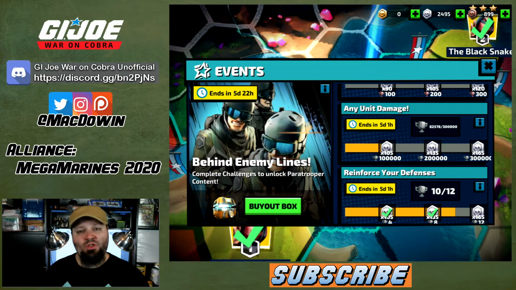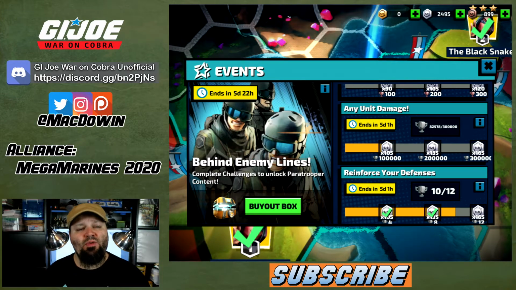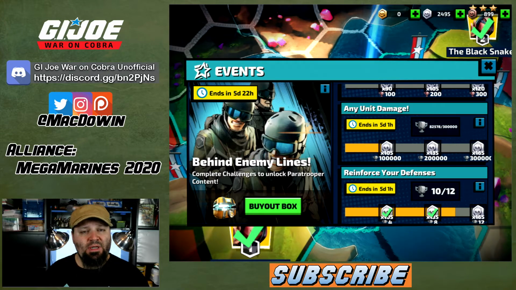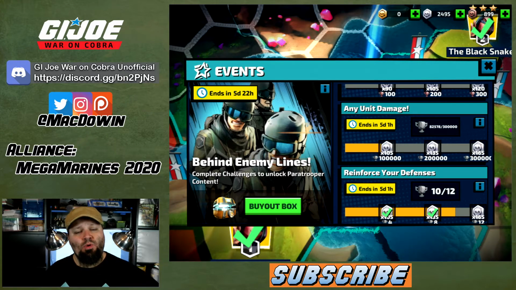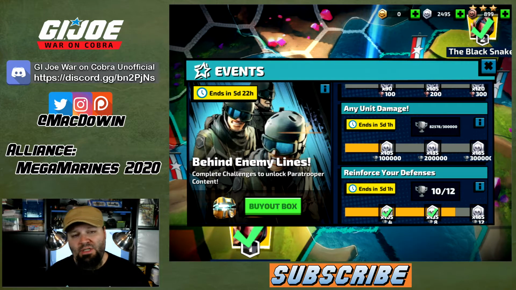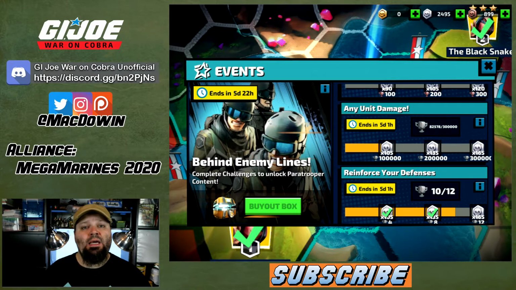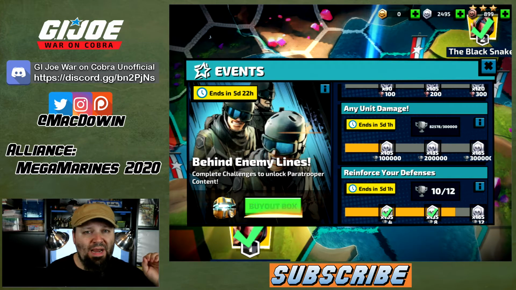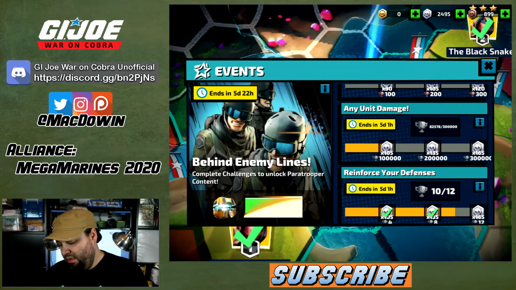You may have to do more than 6 battles every day. Actually, you shouldn't really have to do more than 6 battles every day. I would think 6 battles every day will work just fine. But if you're doing Joe side and Cobra side, pretend you have 6 days and devote 3 days worth of battles for the Joe side, devote 3 days worth of battles to the Cobra side, and you might need to